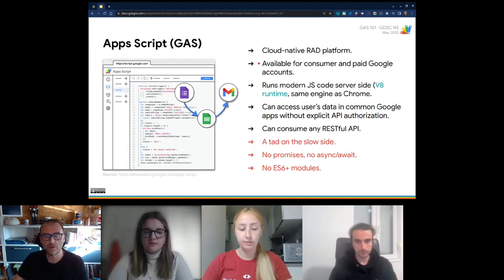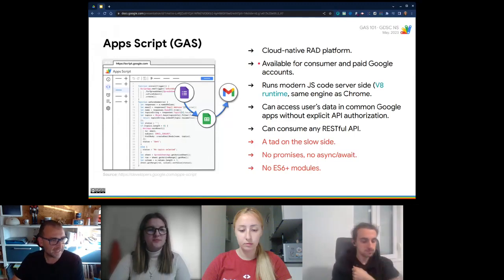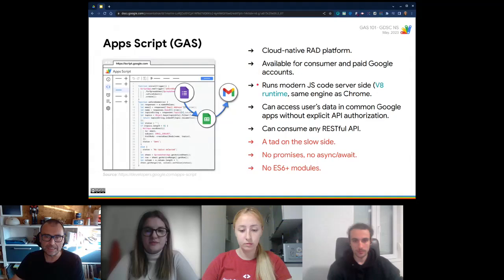It is available for consumer as well as paid Google accounts. So if you have a Gmail account, you can use AppScript. If you have a Workspace account, maybe at your university you are using this kind of account, well, it's available for both of them. In the end, it runs modern JavaScript code, but server-side.